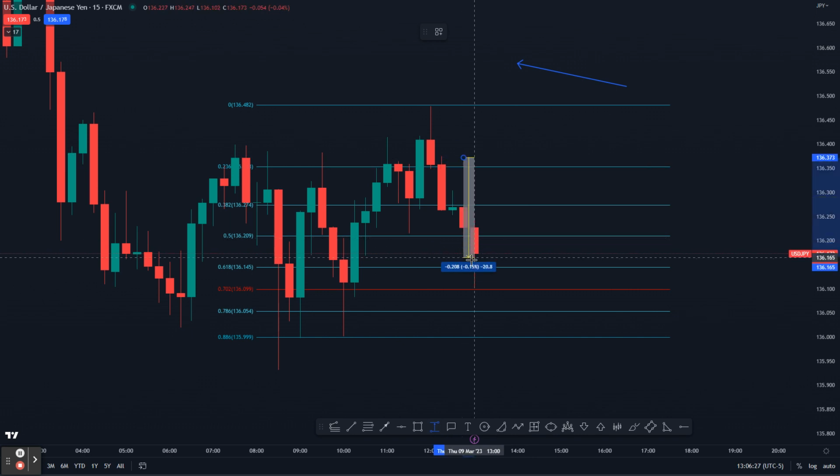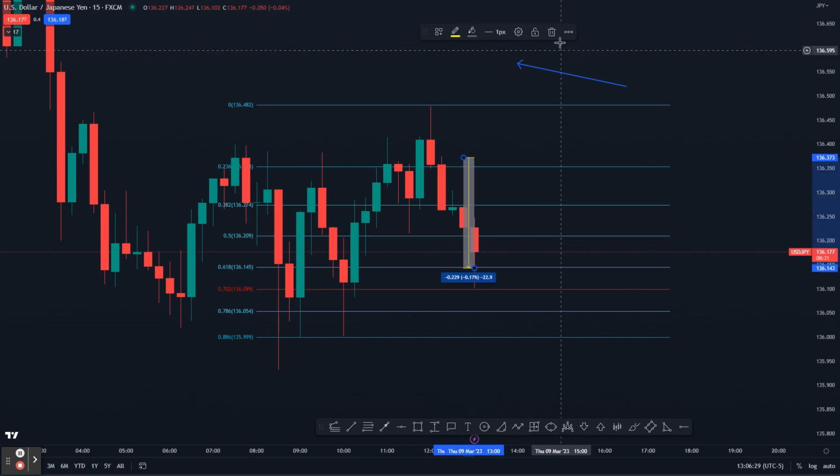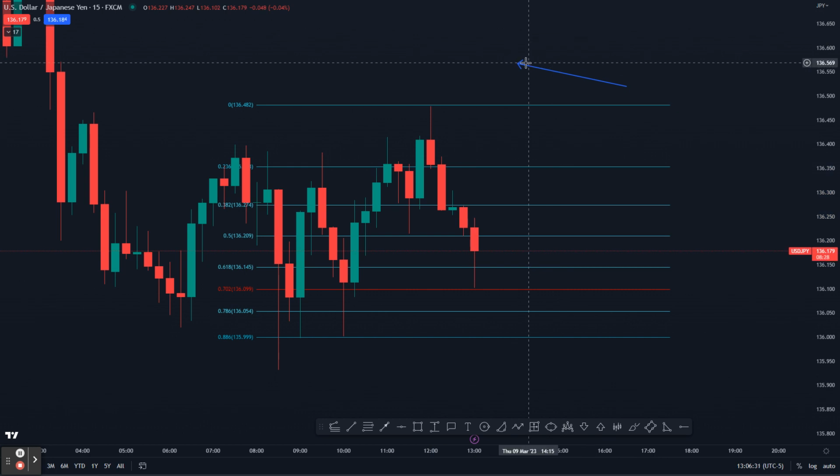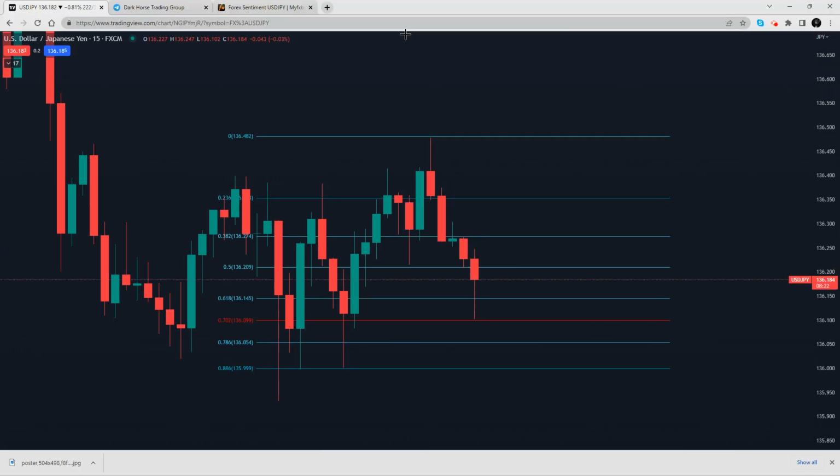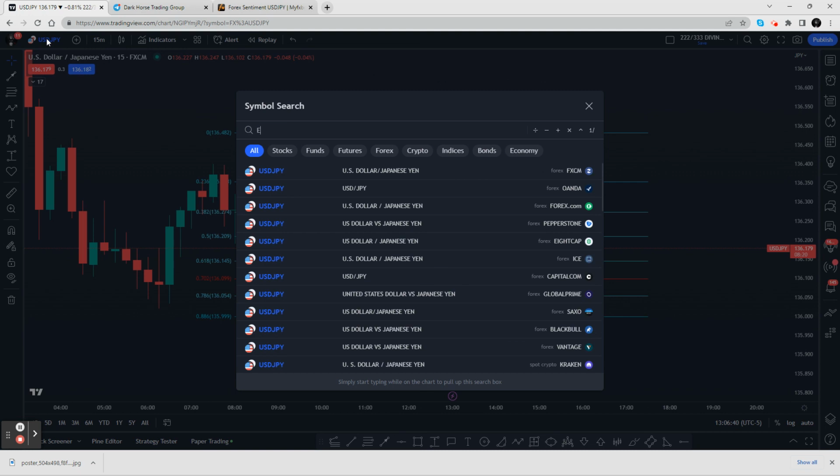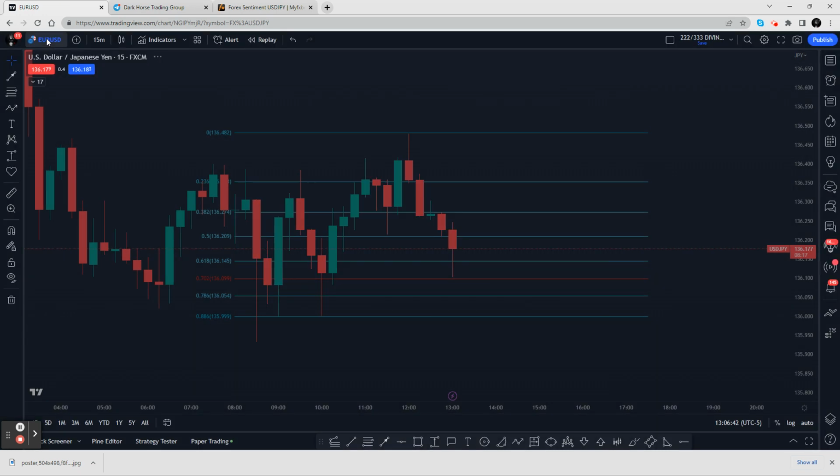So it's a nice 22 pip drop to that. So that was successful. In fact, I just got out on that trade. I just took profits on that. All right, so let's go look at the Euro USD, and I'm just going to go through and see how this